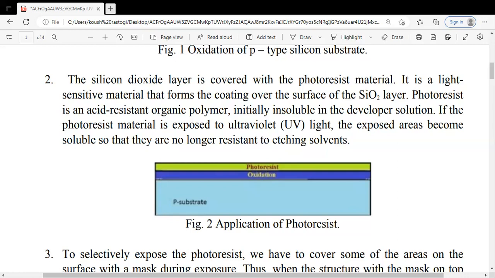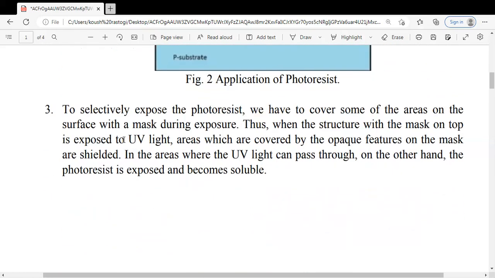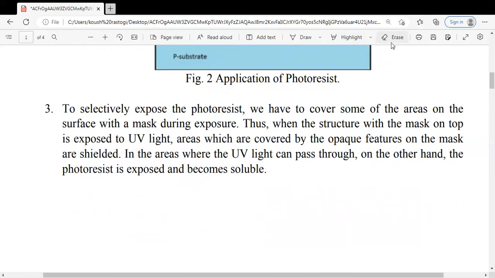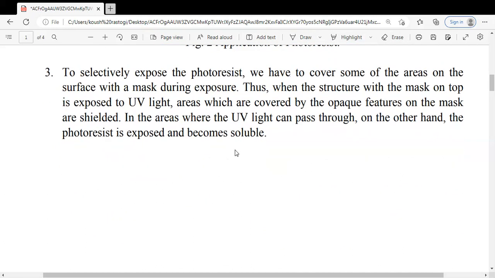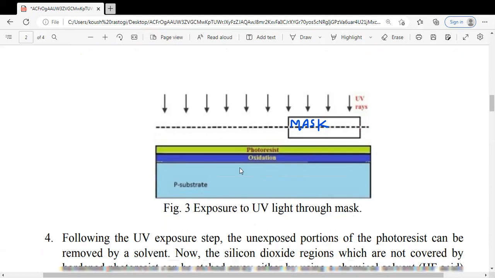To selectively expose the photoresist, we cover some of the areas on the surface with a mask. Thus, when the structure with the mask is exposed to UV light, areas which are covered are shielded. In the areas where the UV light can pass through, the photoresist is exposed and will become soluble.